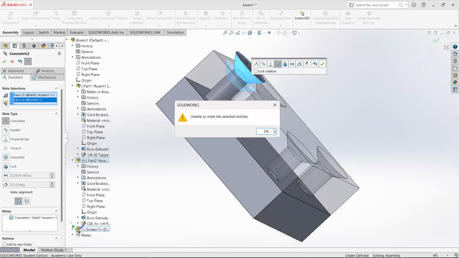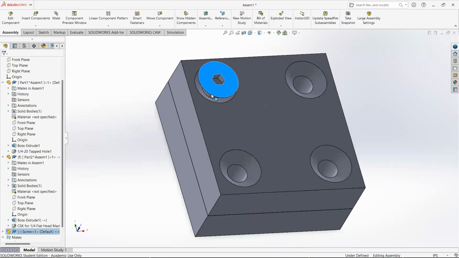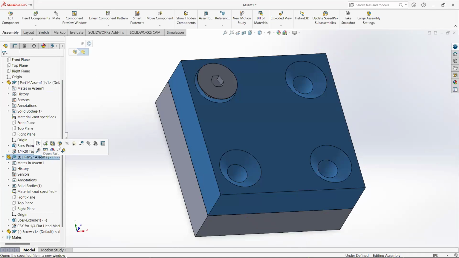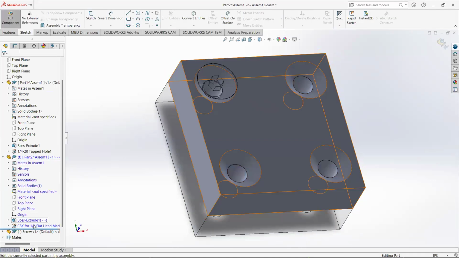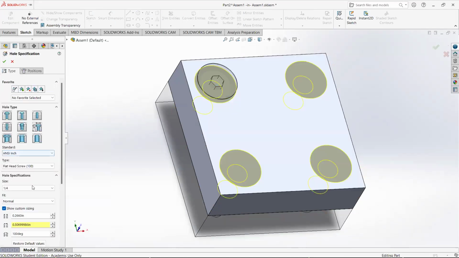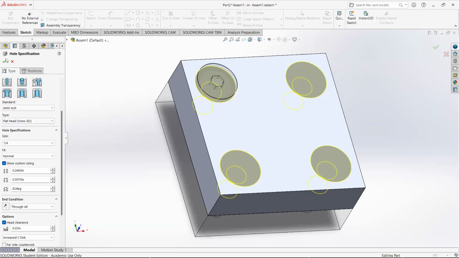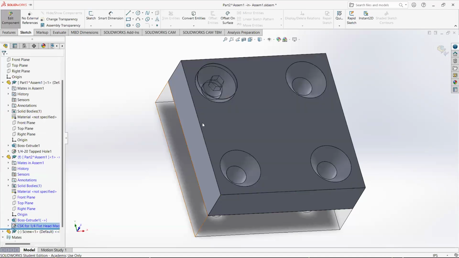And we want to be coincident. Oh, in this case, it doesn't like it. Flathead screws occasionally get picky when we do countersinks. The reason it got picky in this case is because if I edit this part and right click and edit my hole feature, I bet I selected the wrong type. I did. Type flathead screw 100. I know this screw as a standard screw is an 82-degree head. So if I change that and accept,